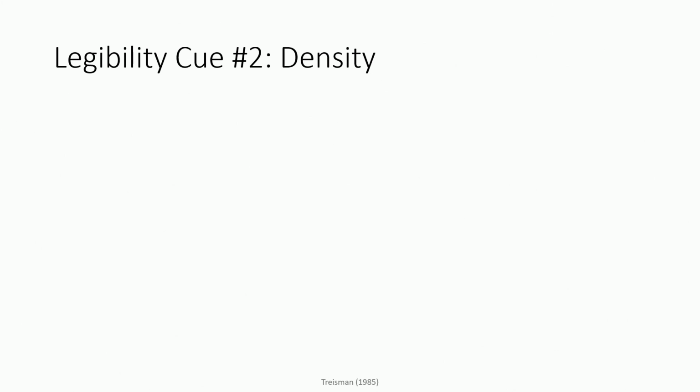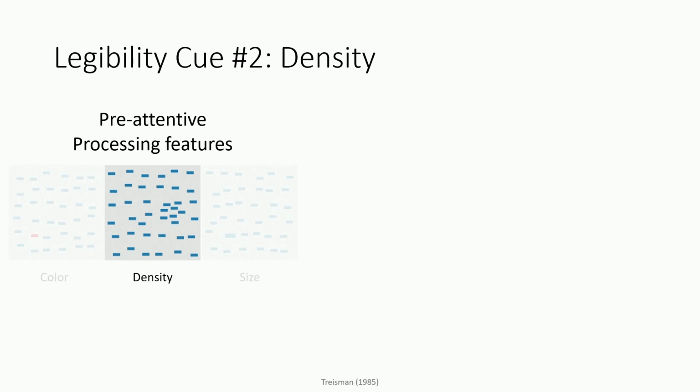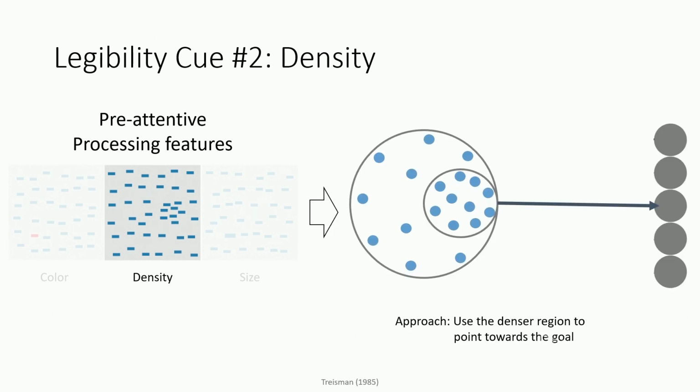To generate density-based legible motion, I use findings from vision perception research. Specifically, I use the features that are considered pre-attentive, such as color, density, and size. Here I use density because it doesn't require any external light sources or shape-changing capabilities. My approach has been to create a denser region within the overall shape and have that pointed towards